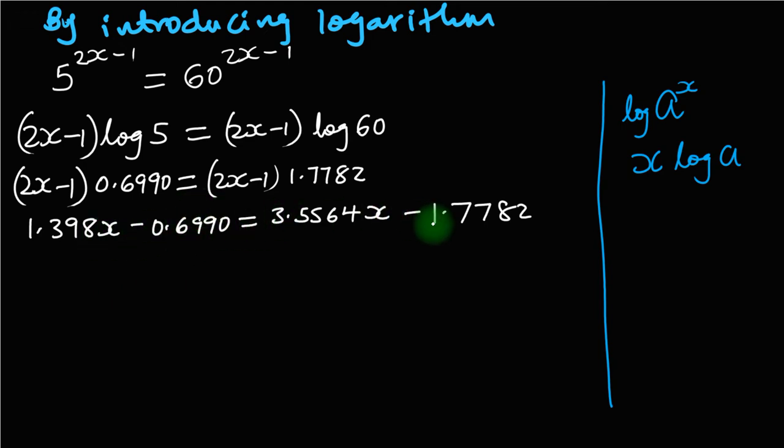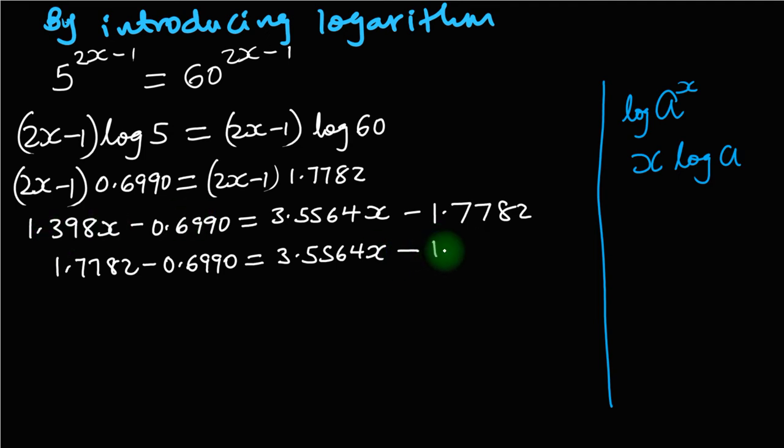In this case, take this value to the left hand side, it will be 1.7782 minus 0.6990 equal to 3.5564x. Take this value to the right hand side, it will be minus 1.398x. Then from here, subtract on the left hand side, we get 1.0792 equal to, subtracting on the right hand side, we shall get